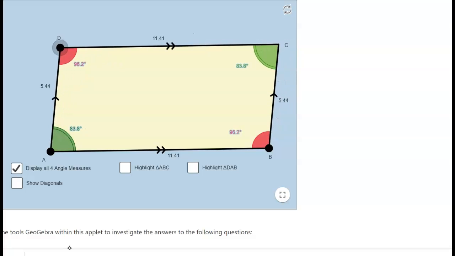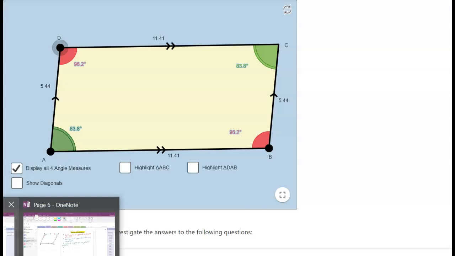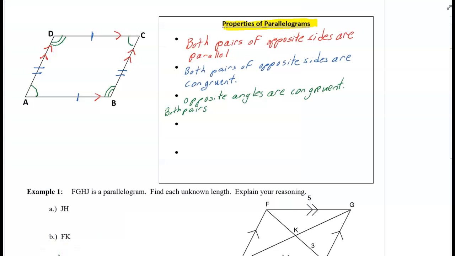Also, angle D and C are same side interior angles, and D and C add up to 180. So the fourth property of parallelograms is, and we call these consecutive angles,